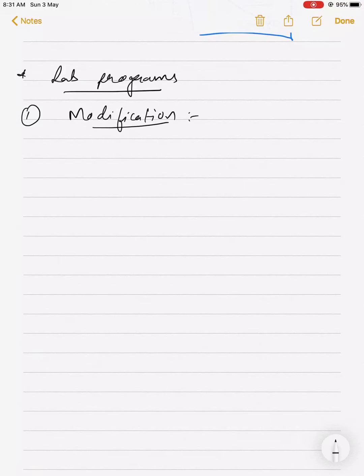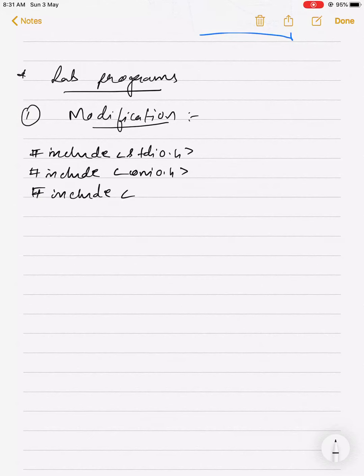In the modification, see how they are started. The most important things that you need to write is, first of all, include stdio.h, conio.h, and then your main thing, that is graphics.h. Now if you want to just decorate the program, like which is the greater number, which student is brightest, which has scored the average marks higher, for that you just need to use the graphics. No need to initialize the graphic system. Initialization of the graphic system is only for drawing shapes and animations. Okay, remember this particular thing.